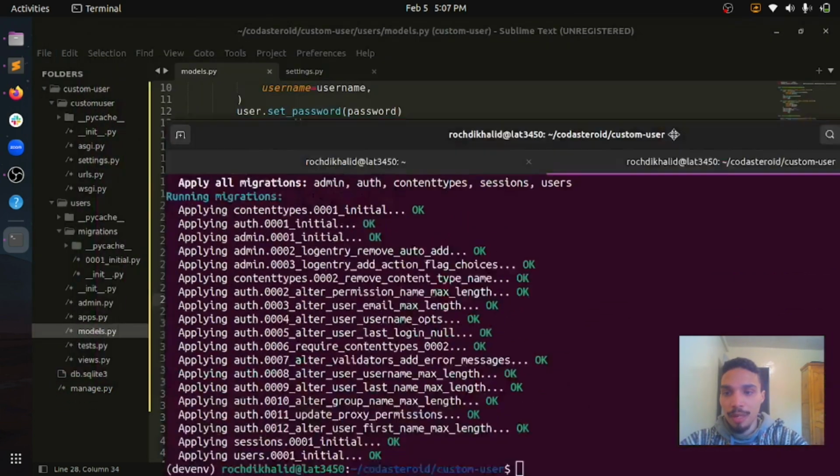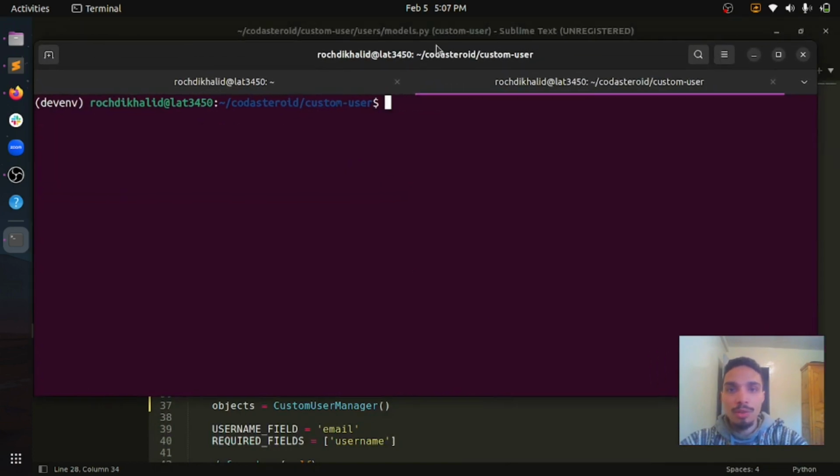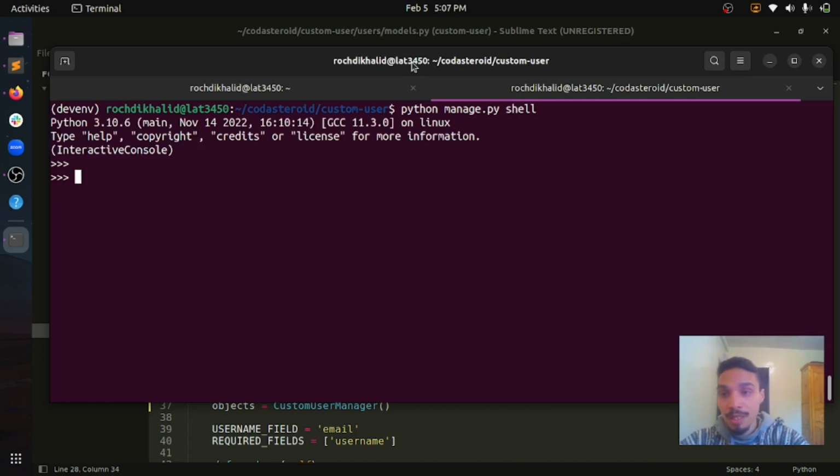Great, so we have now davy.sqlite. That's good. So now let's use the Django shell to test this custom user model and see if it works as expected. So let's have some space here, and let's import this by saying from users.models import CustomUser,